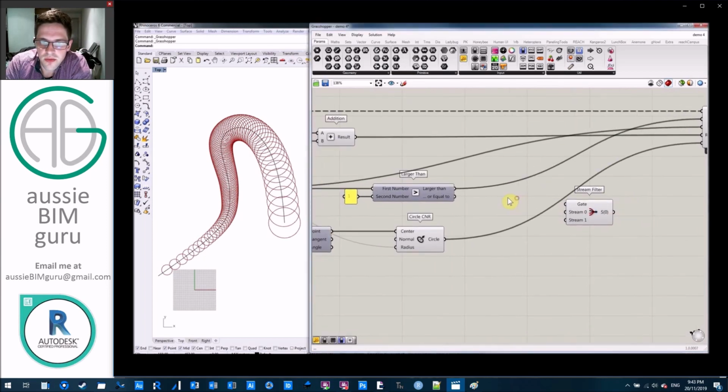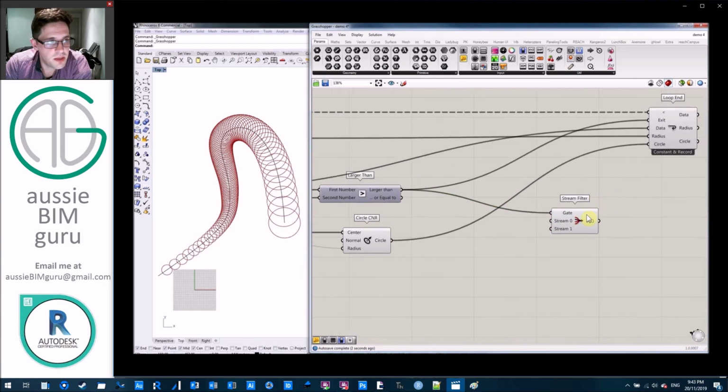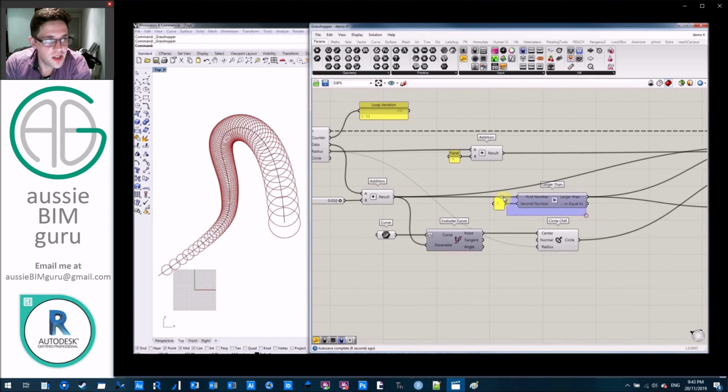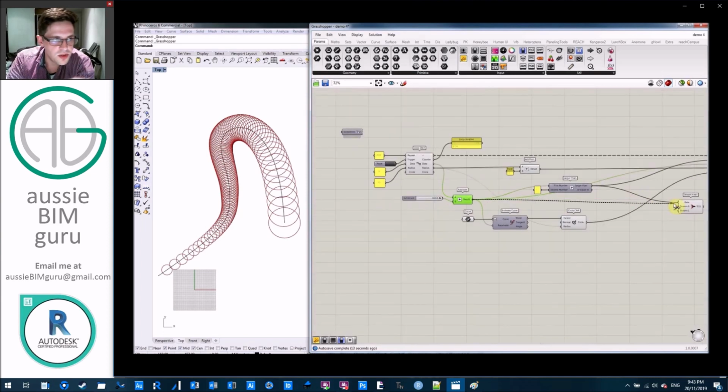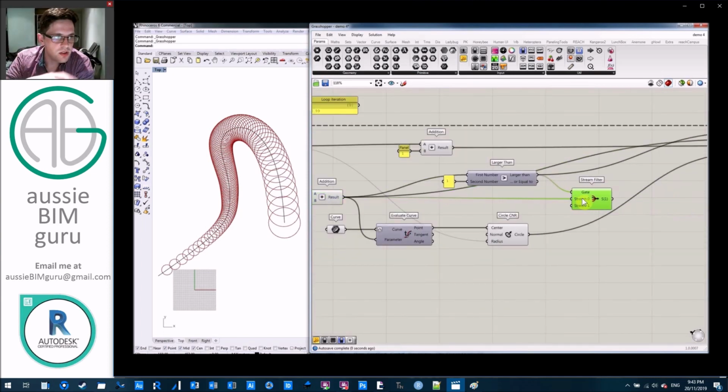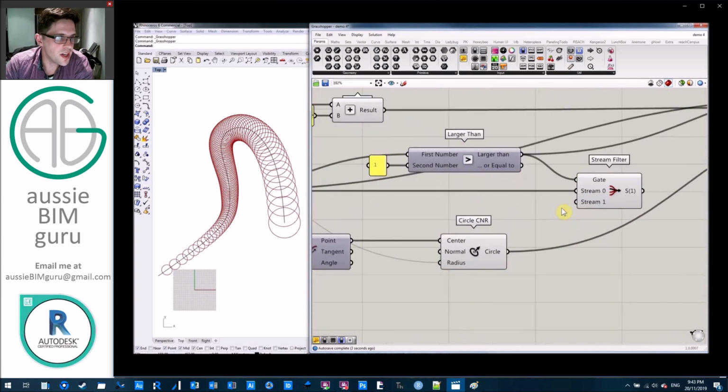So we're going to set up a stream filter. And what I want to do is, instead of saying that I terminate my loop when we get to 1, instead I'm going to say when we get to 1, go back to 0, and keep looping through that to go back to the start of the curve. So essentially our point's just going to keep going start to finish, start to finish, start to finish, until we run out of repeats